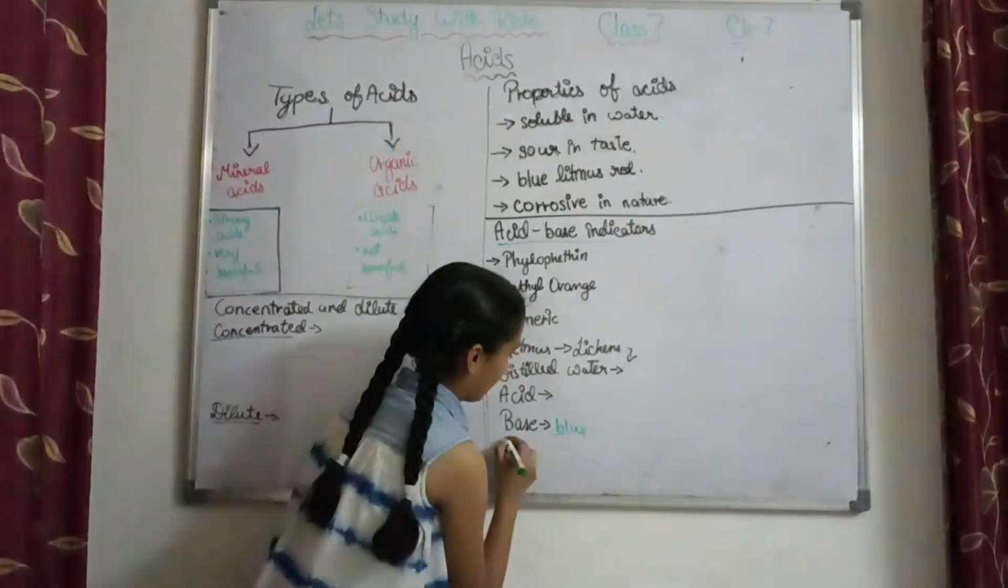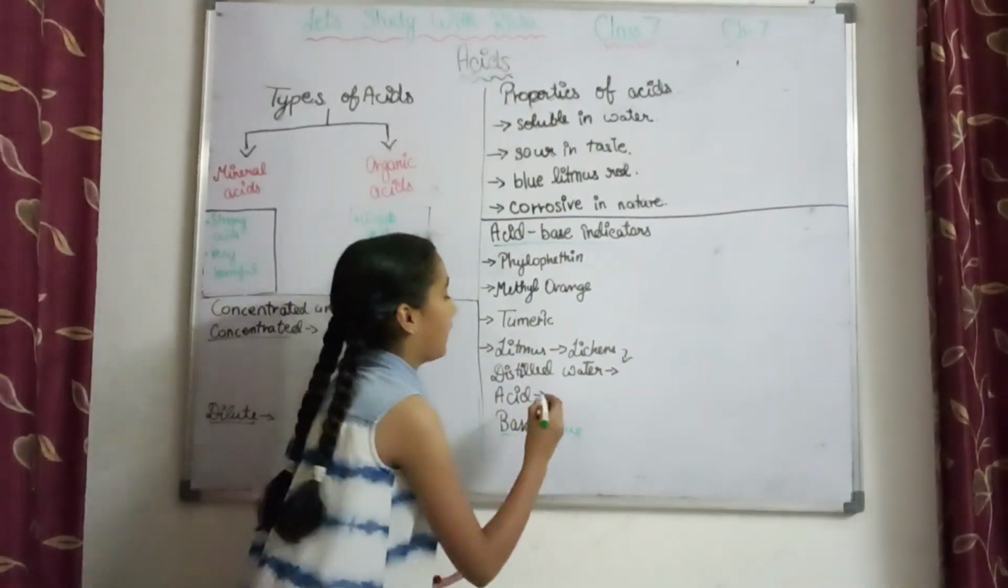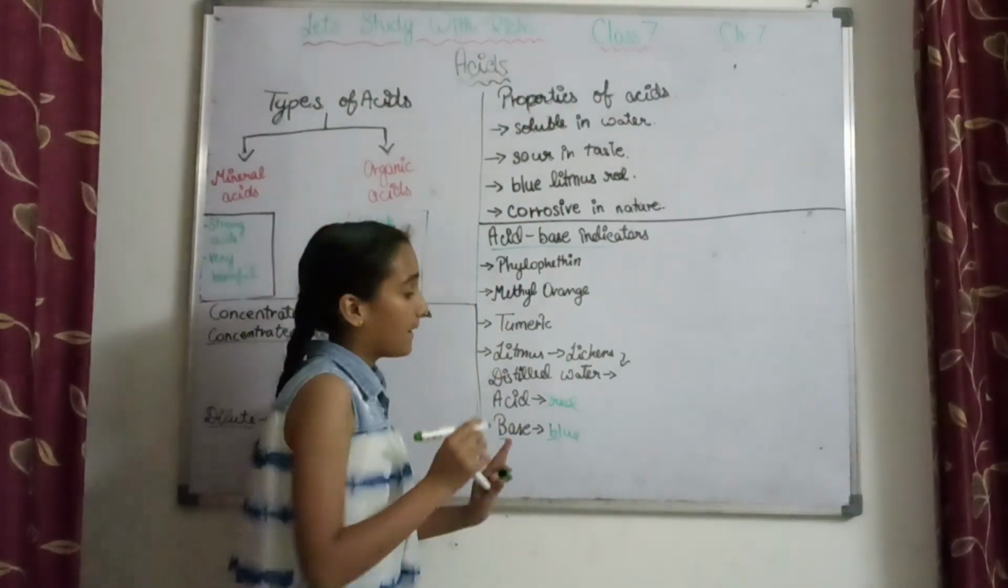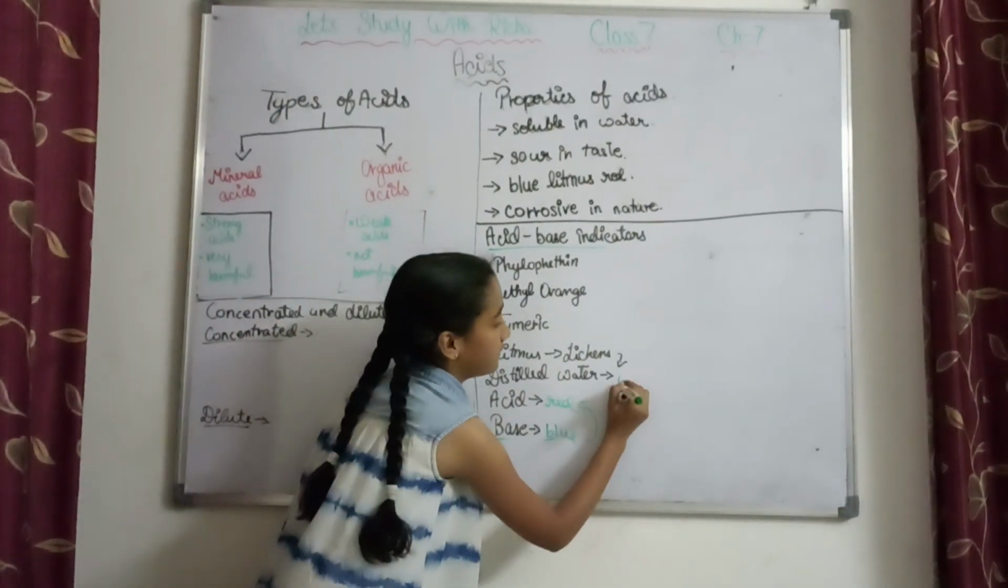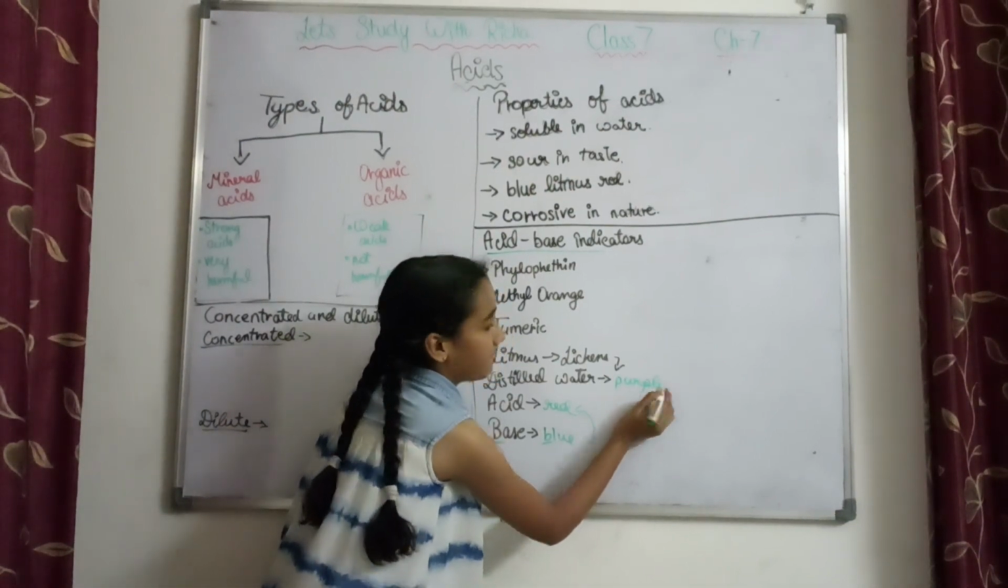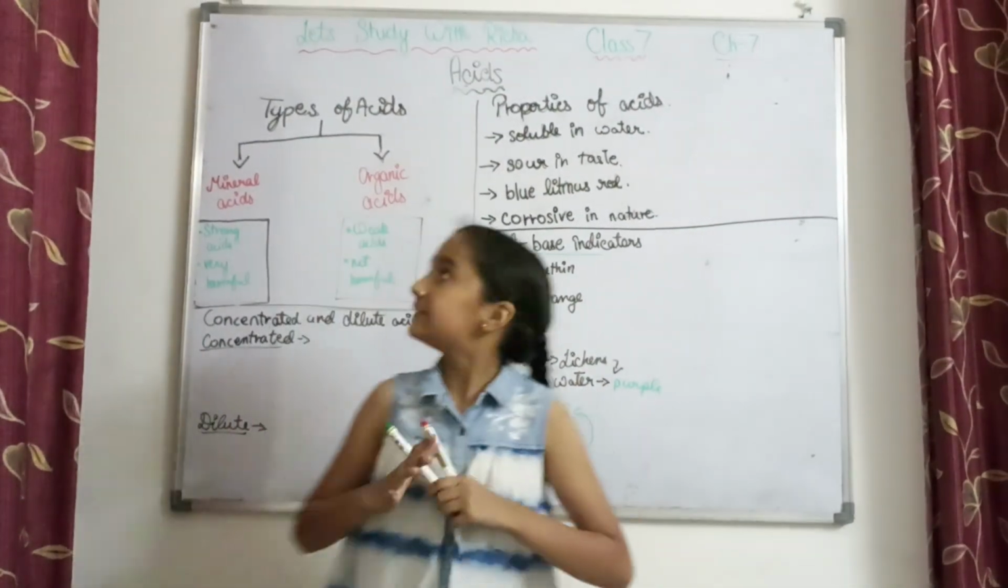So you can learn B and B, base blue. For acid, you have to learn red. And by mixing blue and red, it becomes purple. Very easy trick, you just have to learn this. Then comes types of